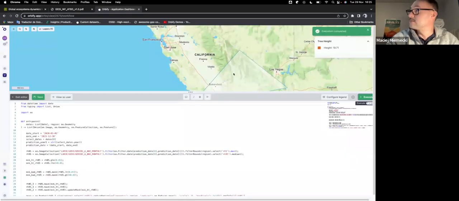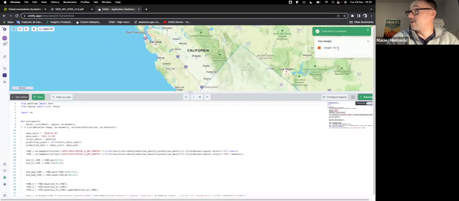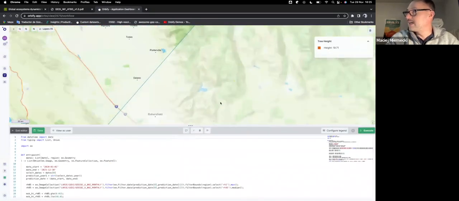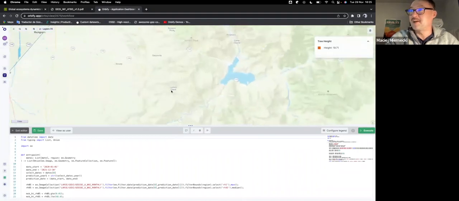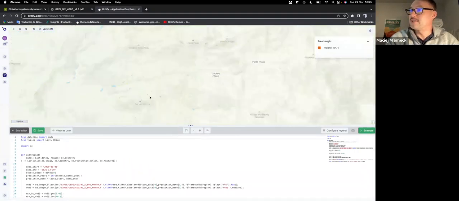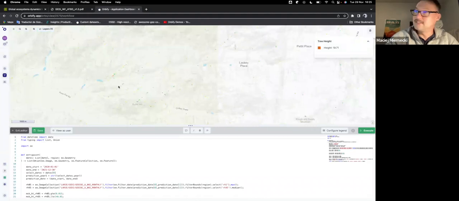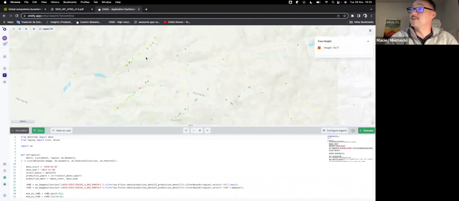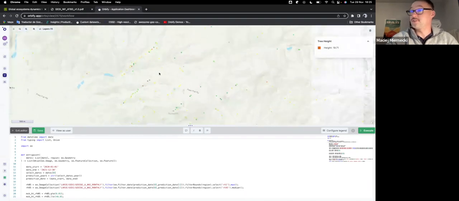The calculated height is 19 meters, and if we zoom in, this is the specificity of this data. It is actually point cloud data, so it's not continuous, but it's taking the mean tree height over this region. In some regions, the data is sparser than in others. I do not recommend directly interpolating this data because you will have some